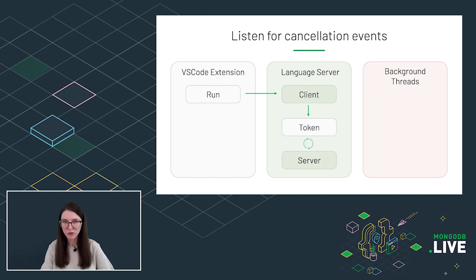The language server, first of all, constantly listens for cancellation events. And secondly, it creates a child thread that becomes responsible for the execution process. The child thread tries to complete the assignment, but if something went wrong and the language server did not receive any values back, it can be terminated as soon as the cancellation request is received. We cannot kill the language server itself. This is why we added the background process on top of it. From the UI perspective, it looks like a progress window with the cancellation button on it that remains visible until the server finishes the assignment or until the user clicks the cancellation button.